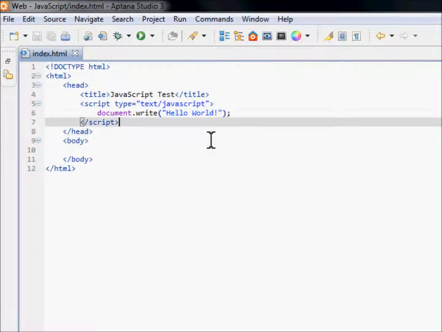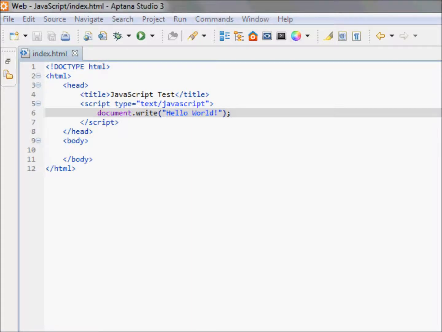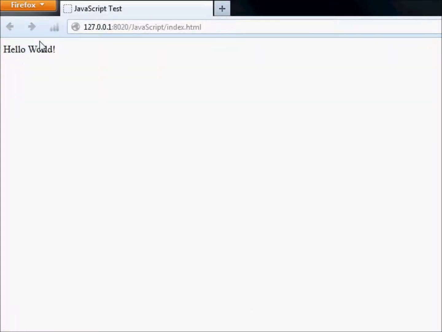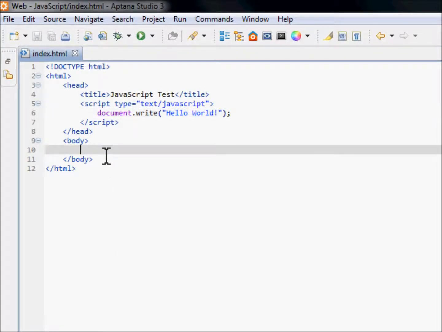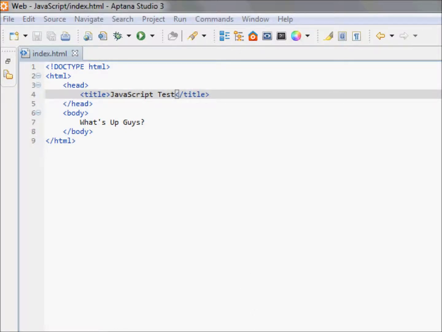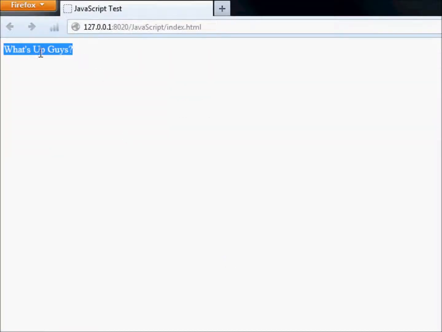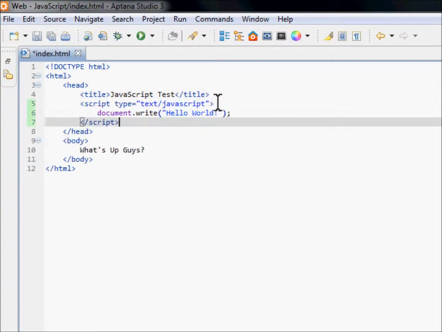Okay? Now, there's one problem I want to point out to everybody. This thing is working great. We see it's posting it to there. But if we type in what's up guys and cut this real quick, and for those of you that don't know HTML, you'll see what it does. It says what's up guys without a script. It just says it right there because it's part of the document. But if we paste this back,